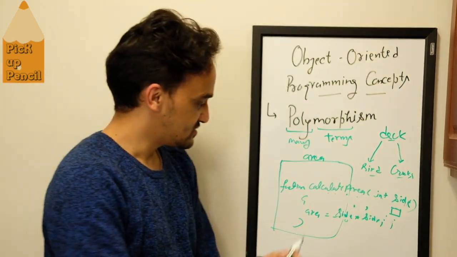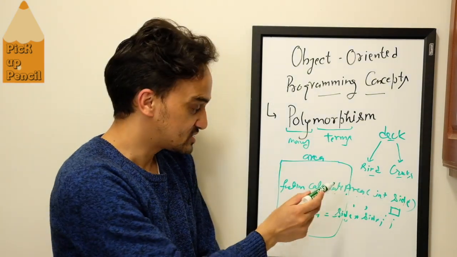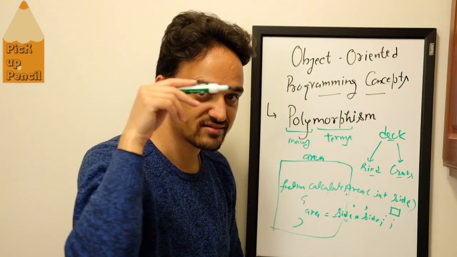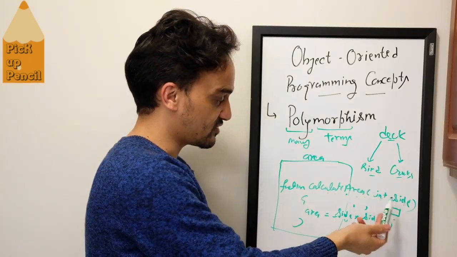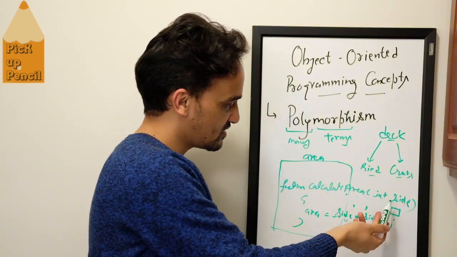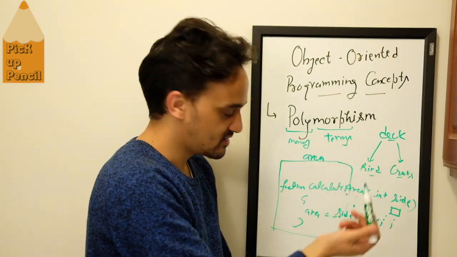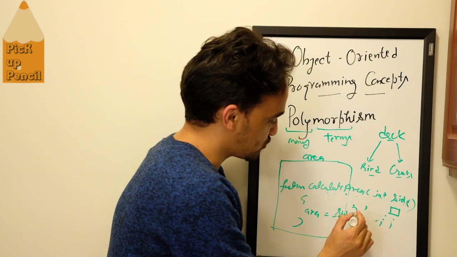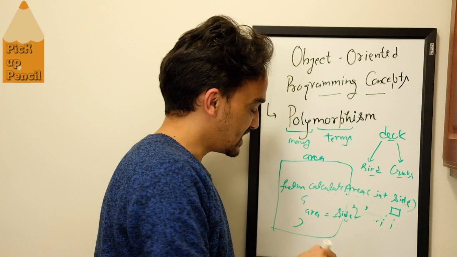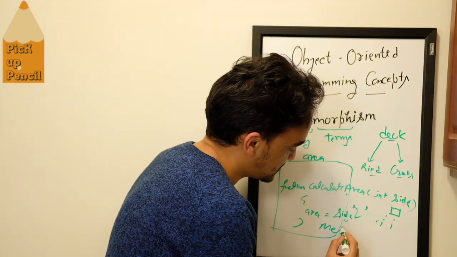So now see here, this calculateArea function is the same function. We did not change the name of the function. The same function will be behaving differently while calculating the area of a rectangle, that is length into width, and behaving differently while calculating the area of a square, which is side into side, or side squared. This terminology, especially in programming, is called method